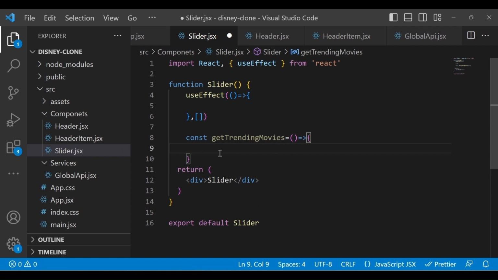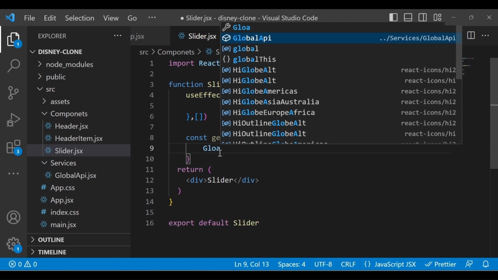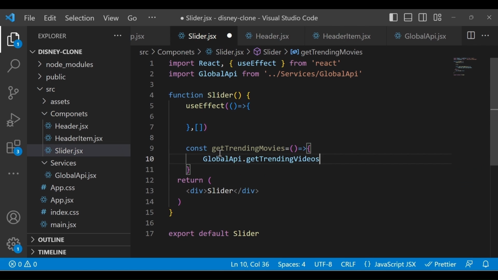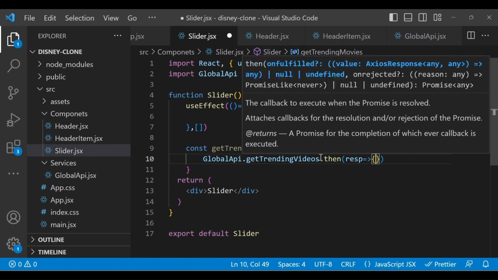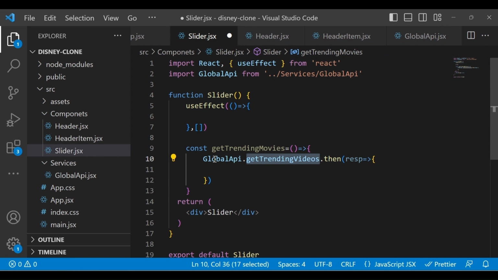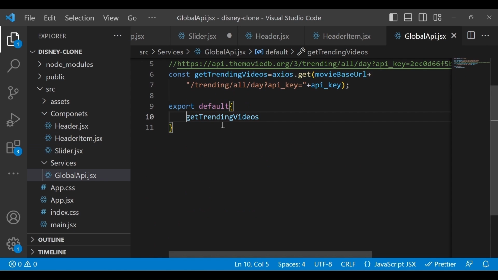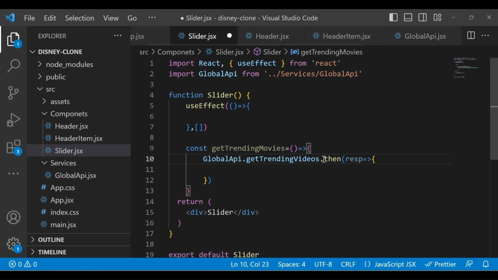Here we have this global API where we define the endpoint. Add this global API and then access getTrendingVideos. After that just write then, and the response. Make sure you access the global API and this getTrendingVideos, which we added here, and then you have a method called then and an arrow function to get the response.